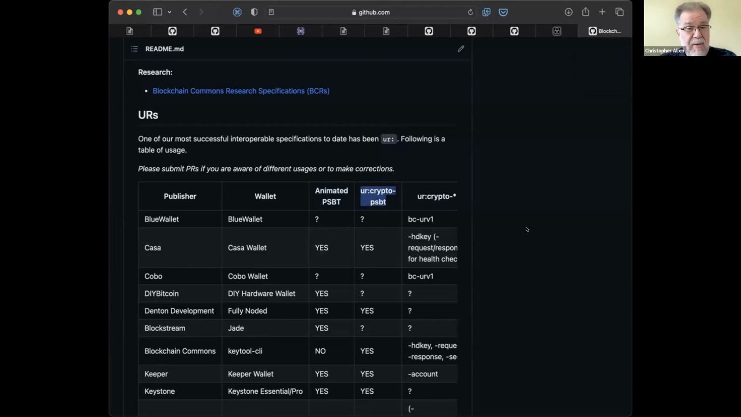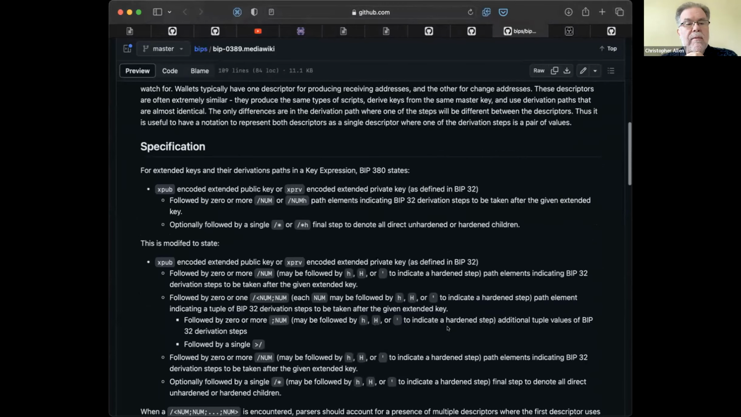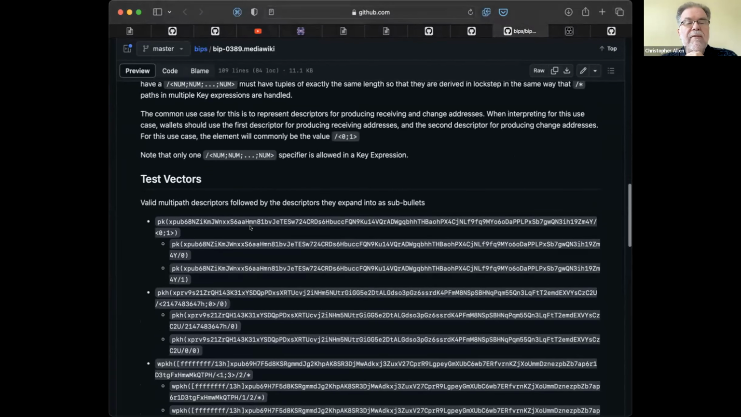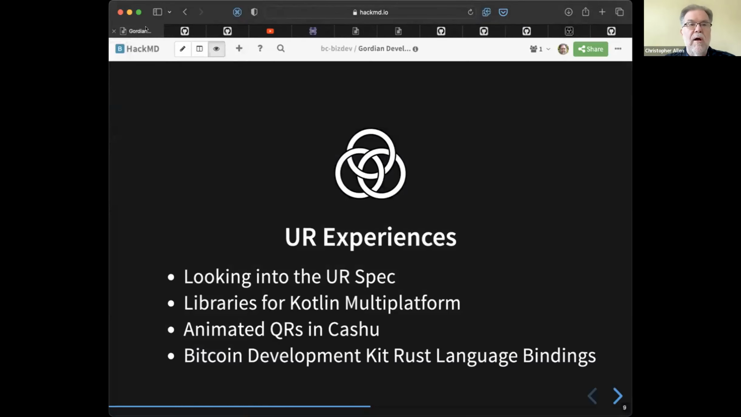So for instance, I feel like crypto PSBT is really ready now to maybe be a BIP, especially now that I think, as of this week, both Sparrow and Seed Tool support the multipath descriptor versions of public keys and a few other things. So I think we've got a good, solid demo for that. But I really want to see animated QRs in a variety of other places,